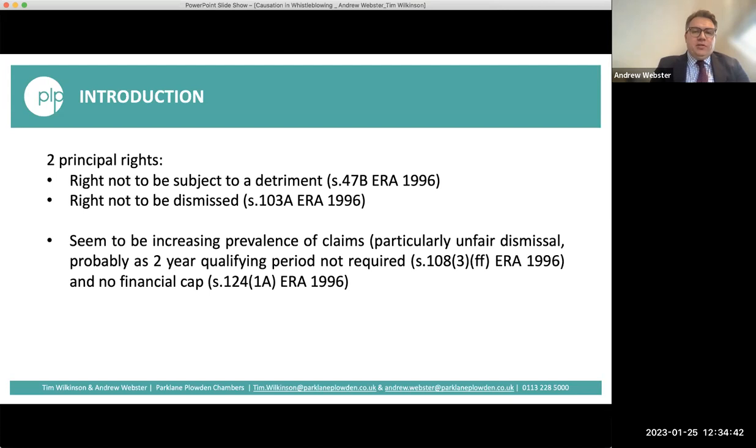Very often, in my experience, disclosures are said to have been made to the employer, and that's covered by section 43C, but they can be made in certain circumstances to various others, including ministers and the like. So that's a very cursory run through of the meaning of a protected disclosure. But if you are dealing with these issues infrequently, I would encourage you to look carefully at the legislation before forming a view about whether, in fact, you do indeed have a protected disclosure. Returning to the PowerPoint itself,